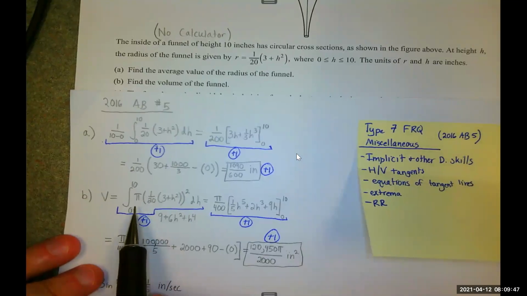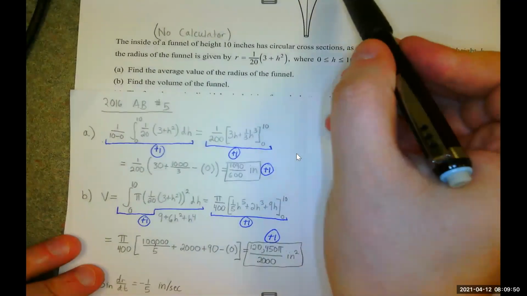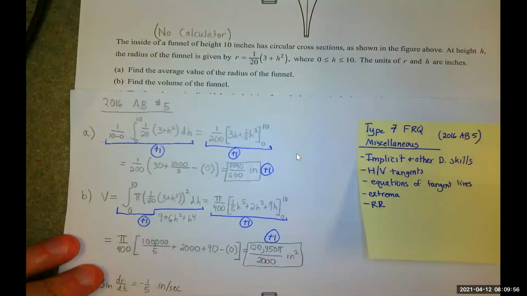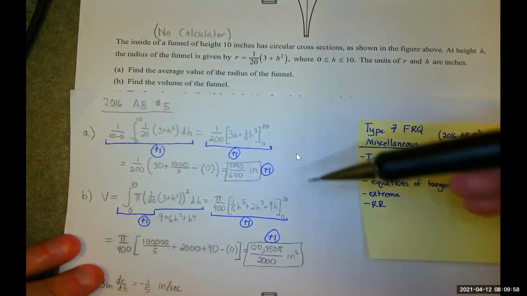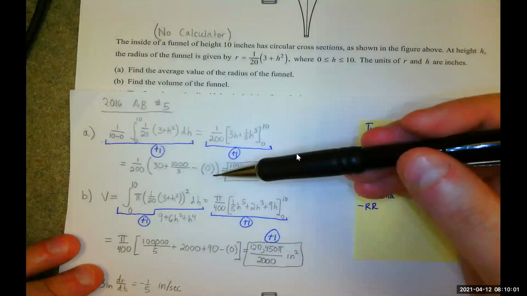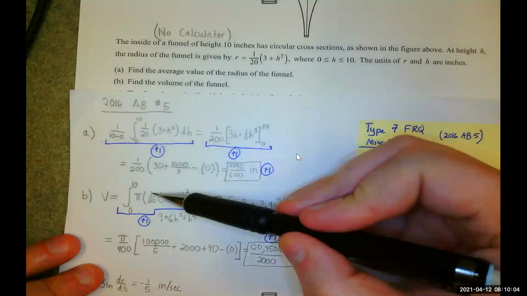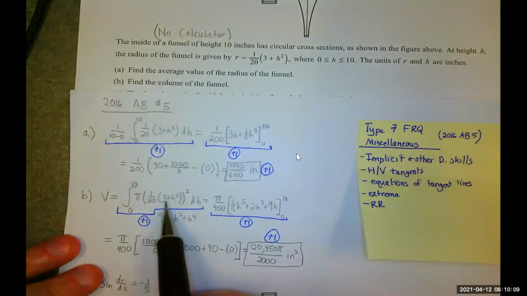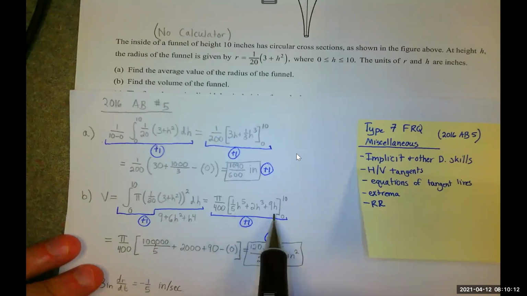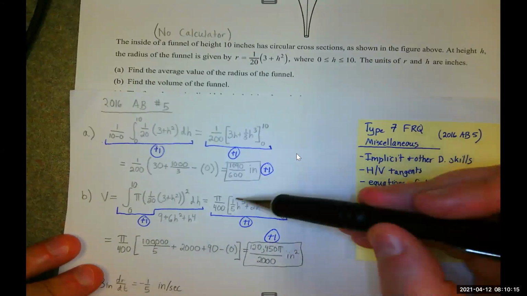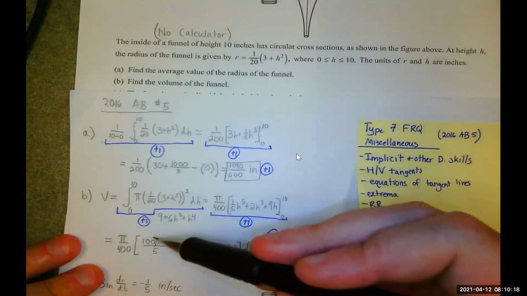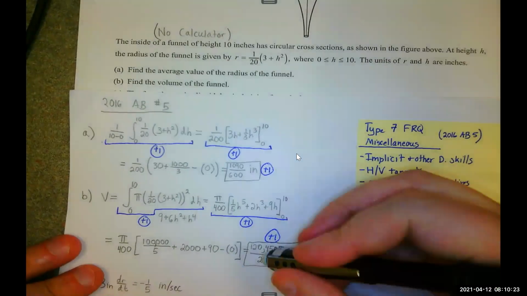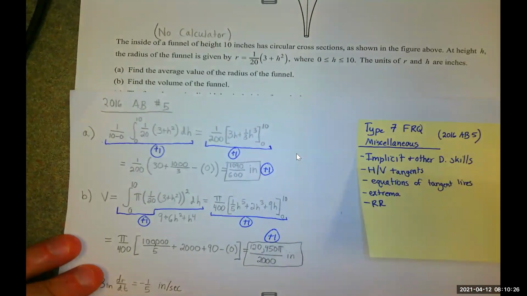So I determined that the area of this circle is pi r squared. So squaring the radius, multiplying by pi, integrating from 0 to 10. I decided to square 1/20th and multiply by pi. That's where the power of 400 comes from. I distributed this out using the distributive property. I wrote down my antiderivatives, evaluated at 10, evaluated at 0, got 0. And then I did a smidge of simplification, and I wrote square inches